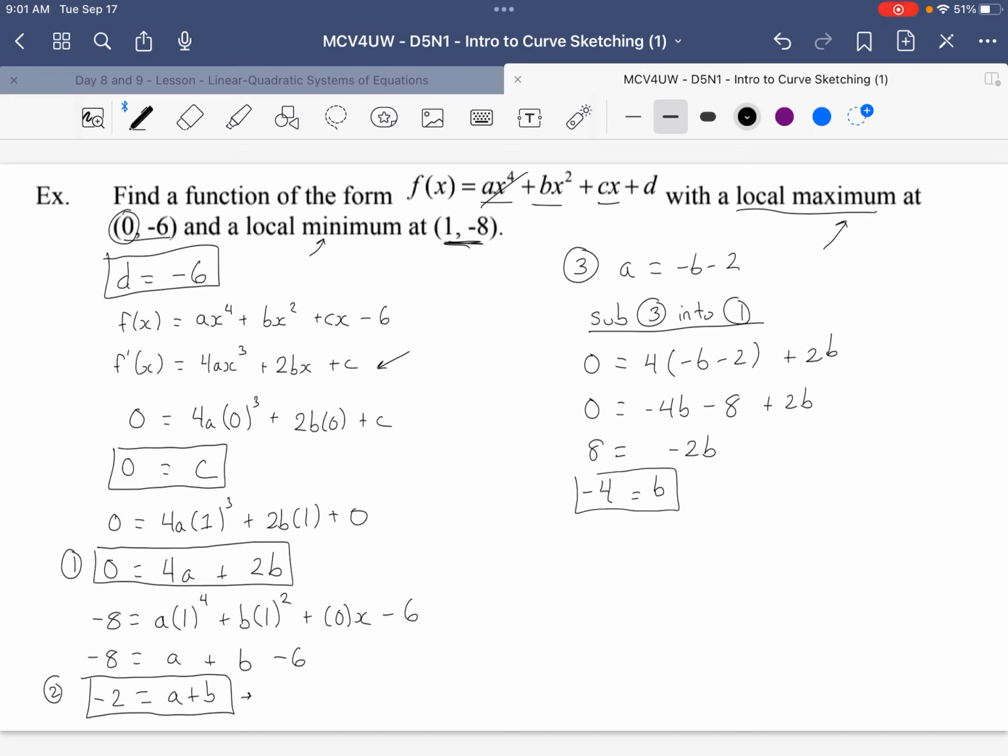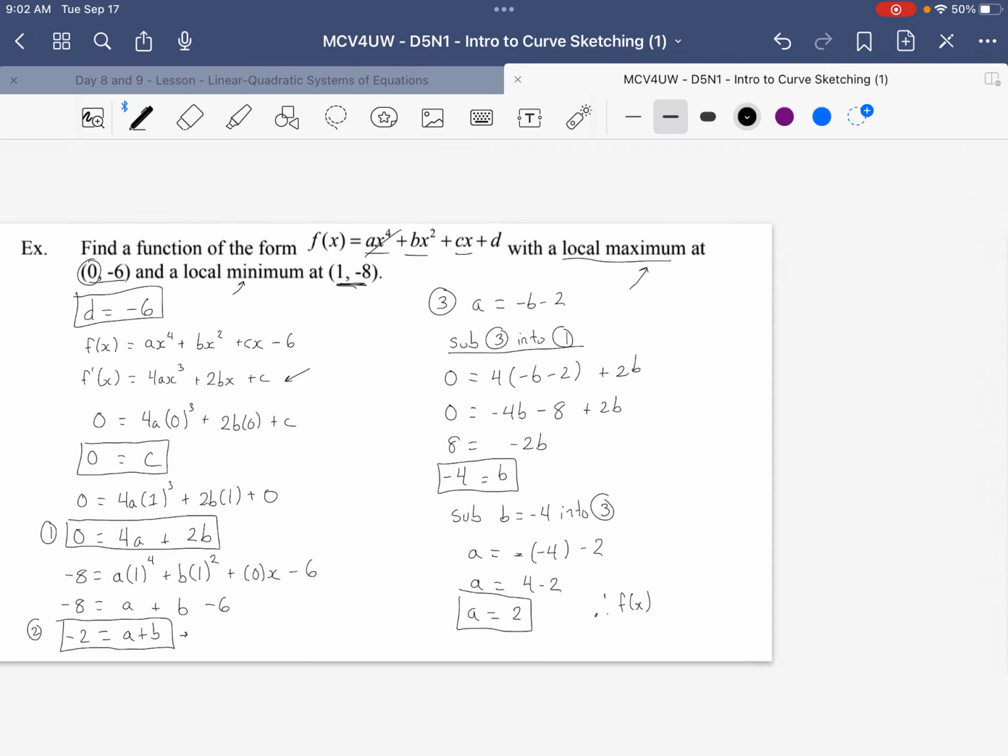All right, so there's 1 point. And now all I have left is a. So then I'll sub b equals -4 into equation 3. And then I have a is equal to -b, which is -(-4) minus 2. A equals 4 minus 2. And therefore a equals 2. Right? So therefore,